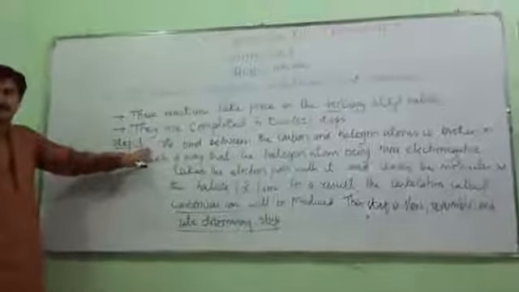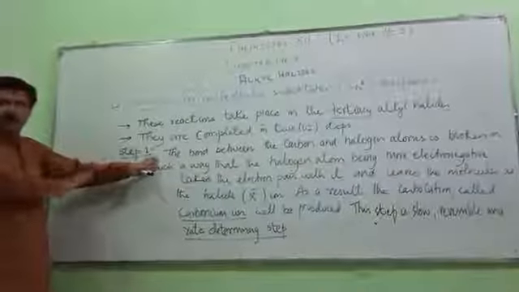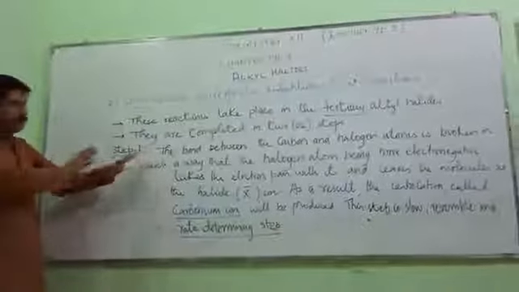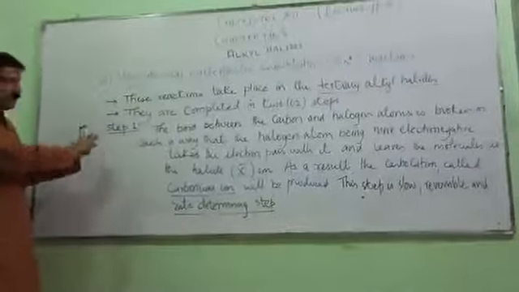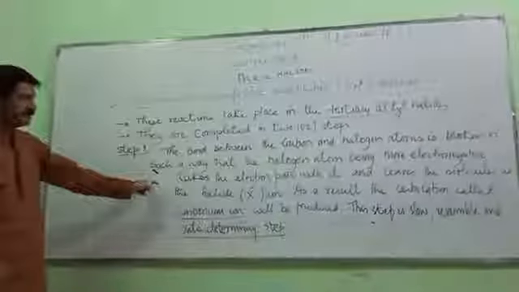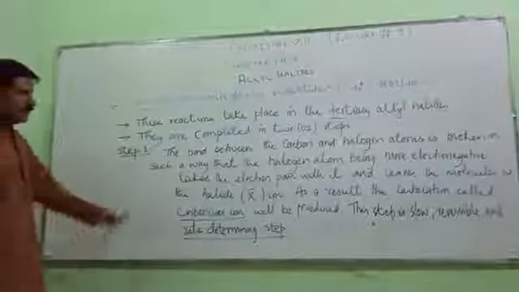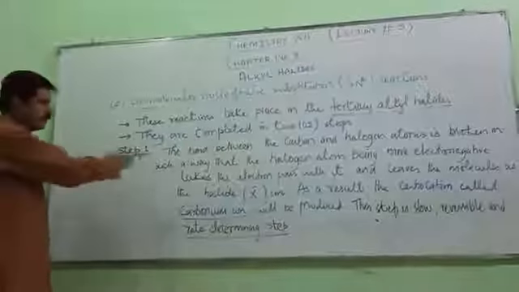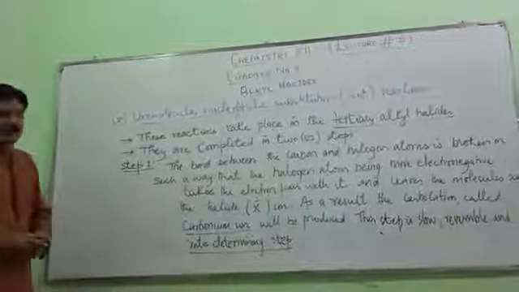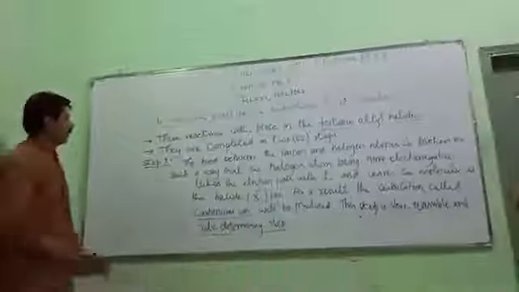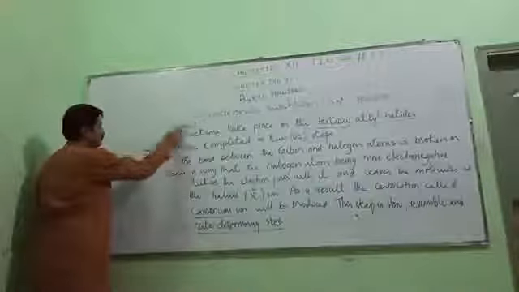Means in this step, the attacking nucleophile has no role to play. Only the alkyl halide molecule, the concentration of alkyl halide molecule affects the rate of this reaction. As soon as the bond between halogen and carbon breaks, ultimately the new bond between the carbon and attacking nucleophile will be formed. So I am going to write the mechanism of this reaction as